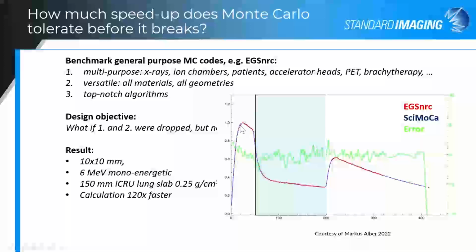And the red dots are the EGS NRC, the blue line is SIMOCA, and you can see